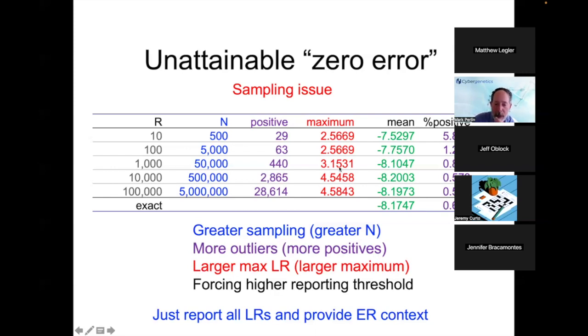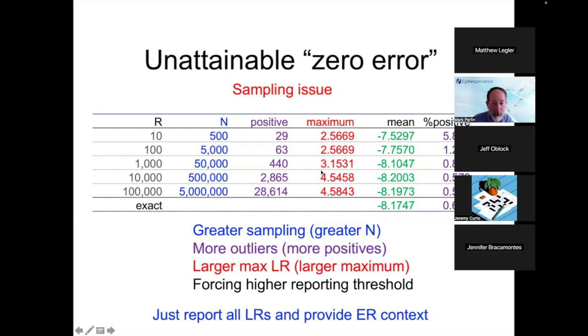in the table, we start off with what is the largest match statistic we saw with N equal to 500? Well, that was a log LR of 2.5. So you set your reporting threshold to a log of 3, which is 1,000, and life is good. But if you were to go up to 50,000 comparisons in the third row, where N is 50,000 in blue, now the maximum statistic is over 3 log units. So now you have to go up to 4 log units. You might set your reporting threshold up to